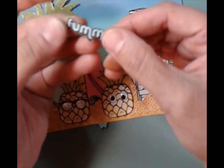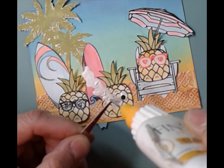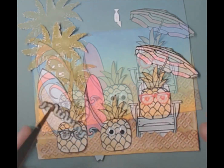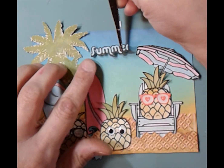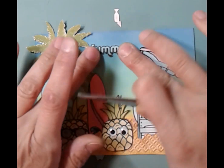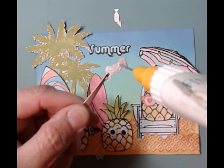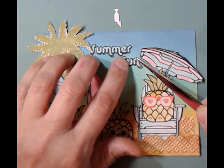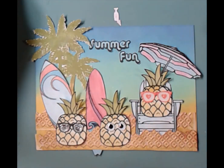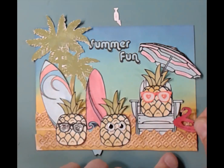Nothing, no big deal. Now our sentiment, I separated our words. I cut them apart and then leave it as one. And I'm going to place it. I'm using my tweezers because it makes it a little easier to get through the area because of all these little pieces. My fingers don't quite fit, and I don't want to push on anything and knock it off. Now remember my dry run, I had it going across. Now with the umbrella properly placed, a little lower, which gives it a nice flow, I think. Everybody needs that